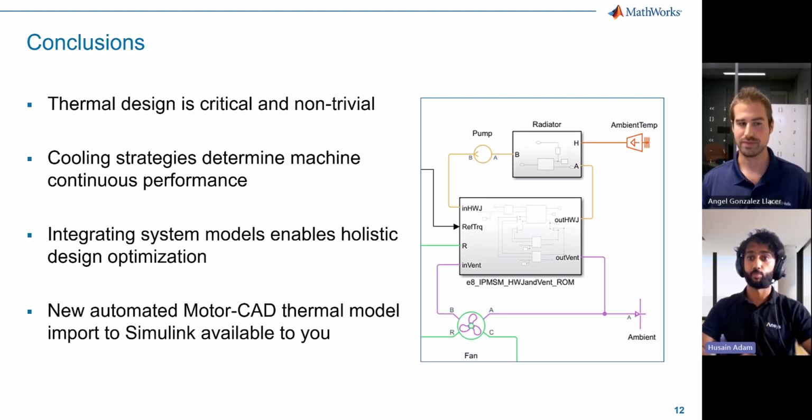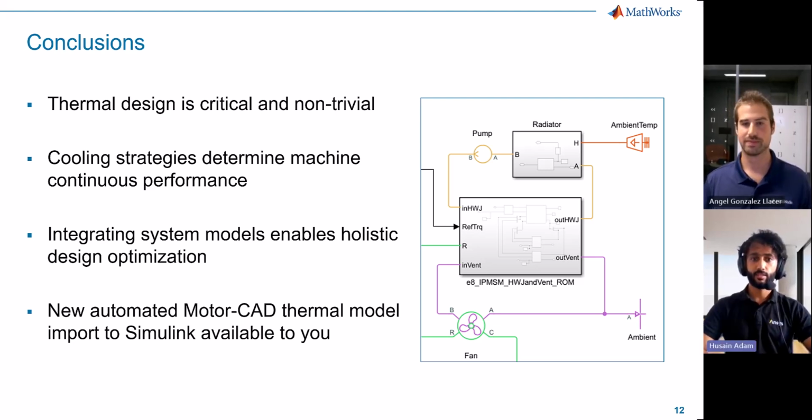So we achieve a final better design. And finally, we've shown you a new automated MotorCAD thermal model import to Simulink, which is available to you today to download from the MathWorks website, which allows you to take the MotorCAD model and integrate it into a system model easily, effectively, and with accuracy.